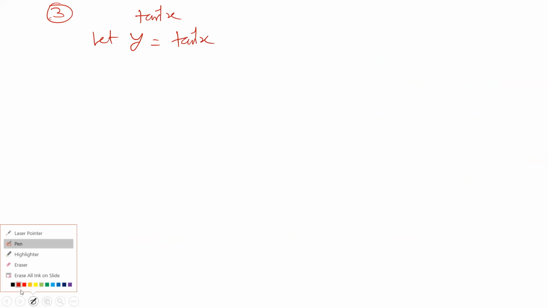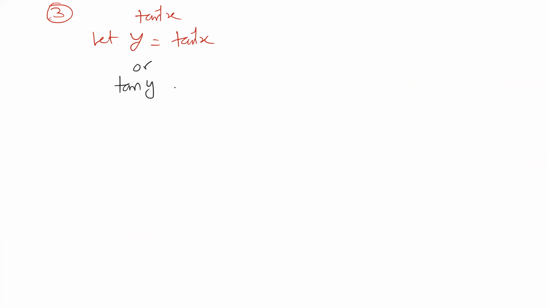We want to find the derivative of tan inverse x. So let y is equal to tan inverse x. Okay. Same as in the last question we have done, we want to remove the inverse function. So taking it to the left-hand side, here we get the tan function: tan y is equal to x. We can also write it this way. Okay. So then take the derivative on both sides.